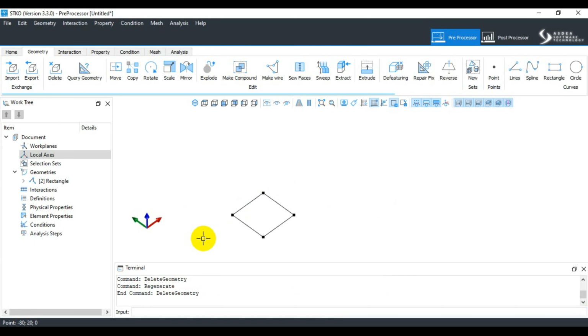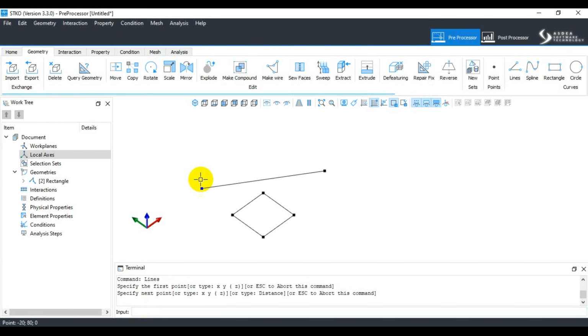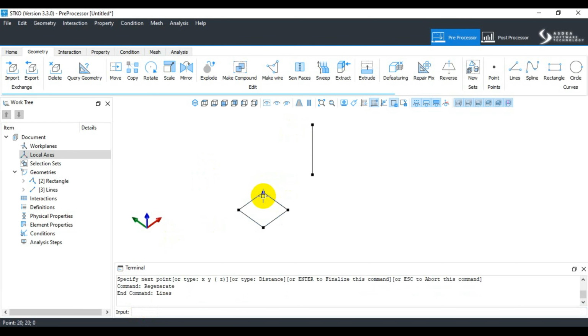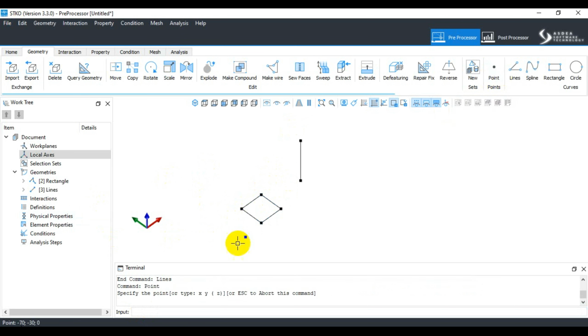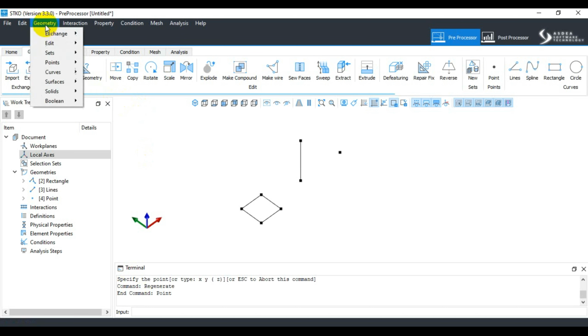Also, let's define a line. Let's go to geometry. Sorry, first let's define a line and call it with coordinates x 100, 0, 0, and 100, 0, 100. So let's say like this, and then 200, 0, 0 for the other point. And let's go to geometry and